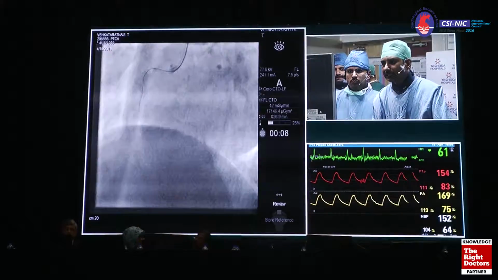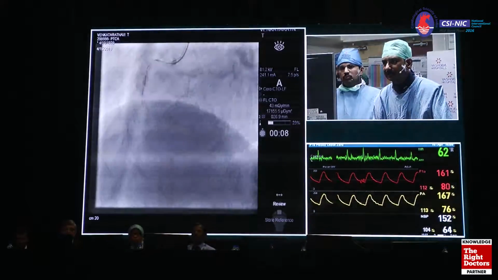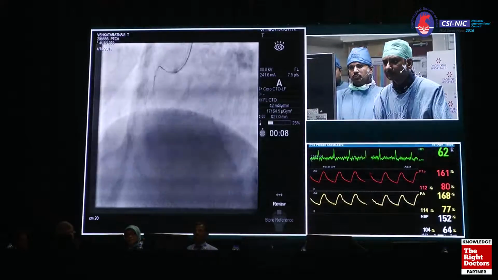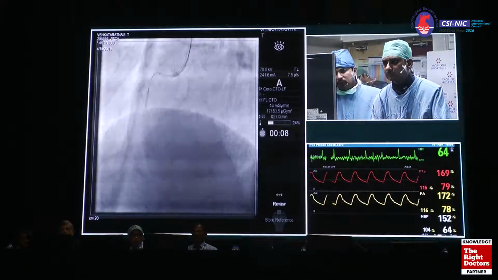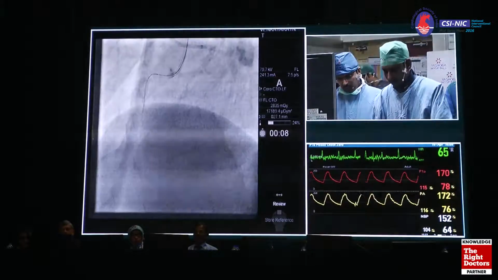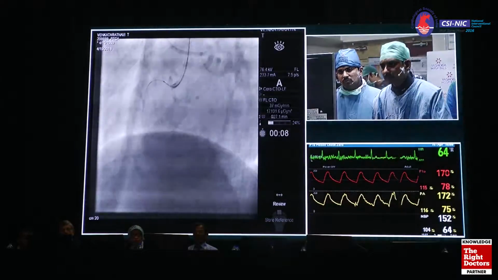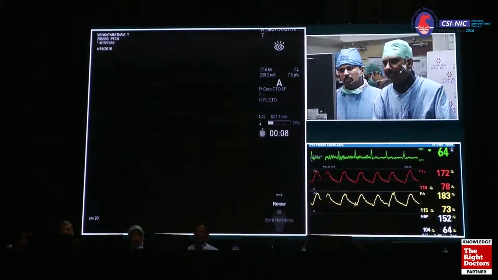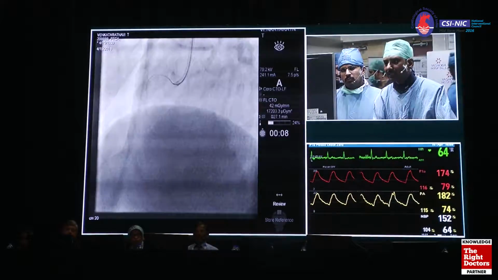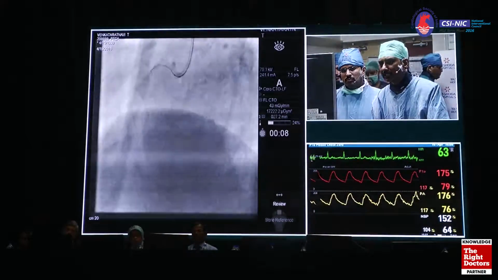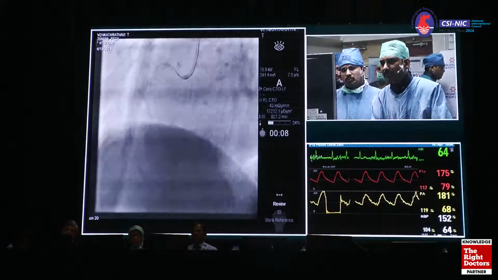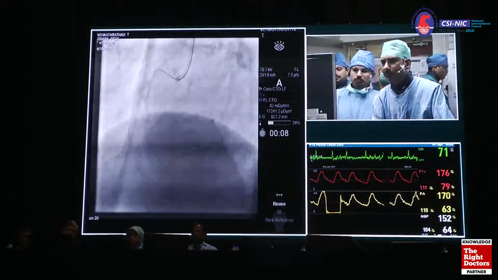Any comment from the panelists? About the guide cath, what would you suggest? Are they making any anchoring? No anchoring. I think the proximal segment is very calcified and it's difficult to insert anything there. So maybe we can do the anchoring as well.